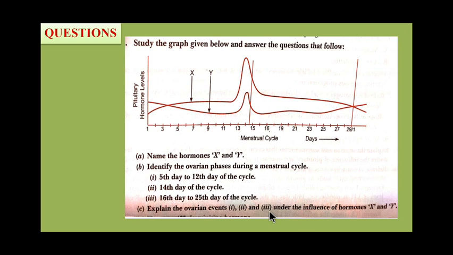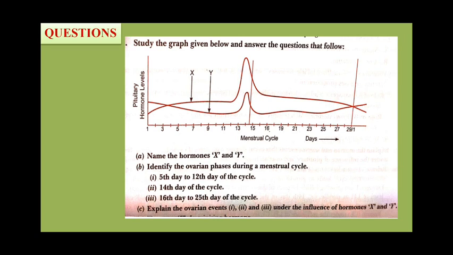And in the third one you will have to write the remaining cells of the Graafian follicle are stimulated by LH, which transforms them into corpus luteum, which secretes a large amount of progesterone, which is essential for maintenance of the endometrium. So in this way you will be writing, please don't exaggerate all the things. Okay, whatever is required only, that only you will write.